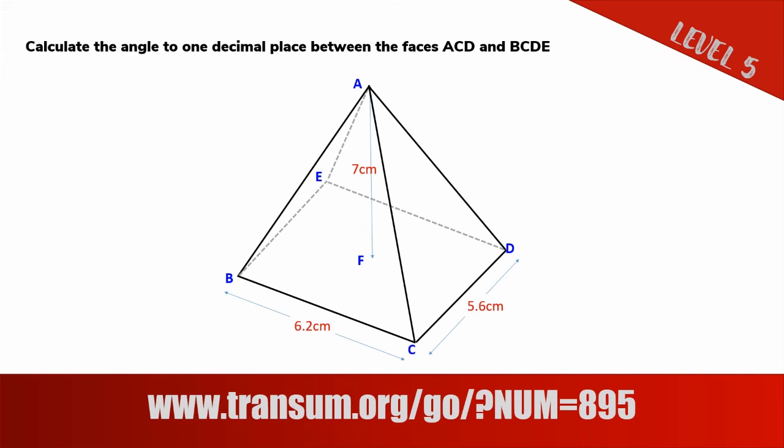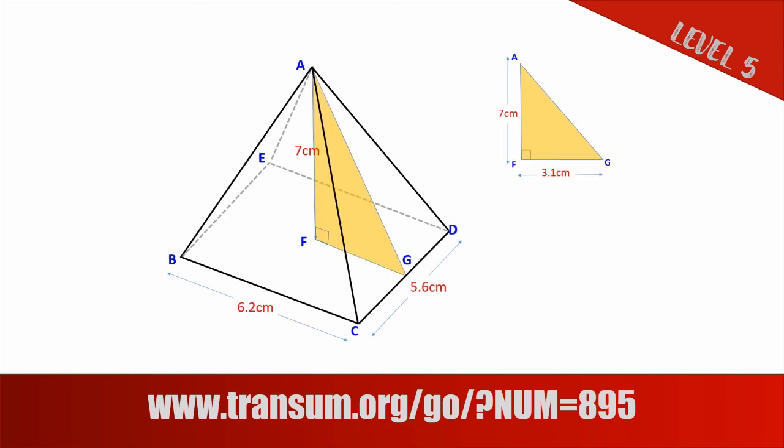Now we're on level 5 of the online exercise, where we have to find the angle between 2 faces. So in this case it's between face ACD of this pyramid. It's a rectangular based pyramid with a height of 7 centimeters, and the angle between that face and the base BCDE. Right, so rather than finding the angle between faces, I'm going to draw lines on the faces that are